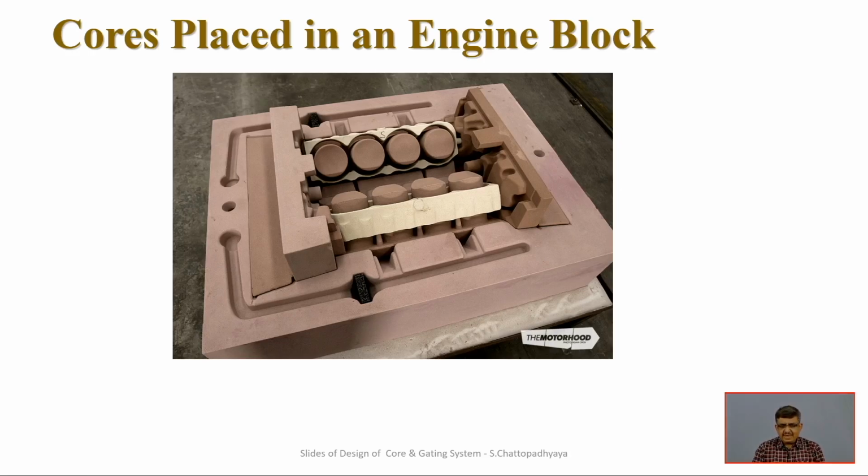So inside, one can easily see in the left part of it, there are cores placed. As the cores are placed, molten metal cannot enter that part, only the periphery. So there the hollow sections will be created, and after that, with the outlet, those cores have to be collapsed in order to be retrieved from those cavities, so that the appropriate hollow structures in the casting will be created without